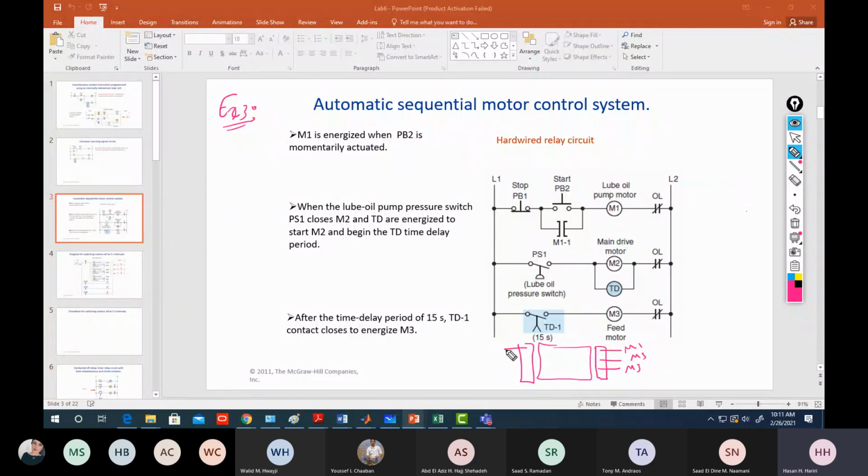I can see directly I have 3 inputs: PB1, the start push button, and the stop push button. This one is normally closed and this one is normally open, so I should use the same. And I have a pressure switch. So this is my program. M1 is energized, which is helping us. M1 is energized when push button 2 is momentarily activated, because it's a momentary push button. Then motor 1 is directly